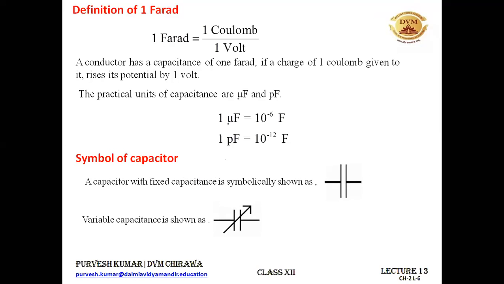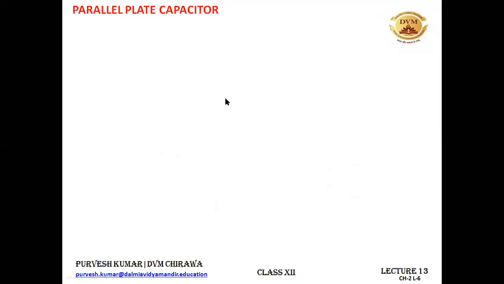All right. Now let's quickly study the parallel plate capacitor, which is in our syllabus. There are actually many kinds of capacitors: spherical capacitor, cylindrical capacitor. But in our syllabus we have only the parallel plate capacitor. So we will discuss it in detail. We need to derive a formula for its capacitance, to see on what factors the capacitance of a parallel plate capacitor depends, and also find the effect of a dielectric in this capacitor. So two very important derivations are coming. Please pay attention.